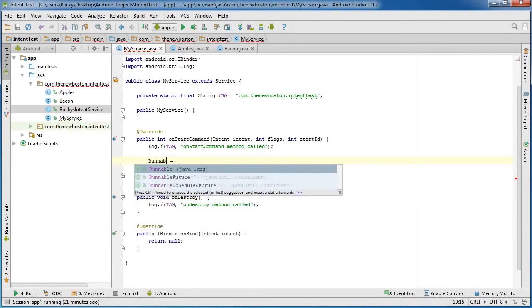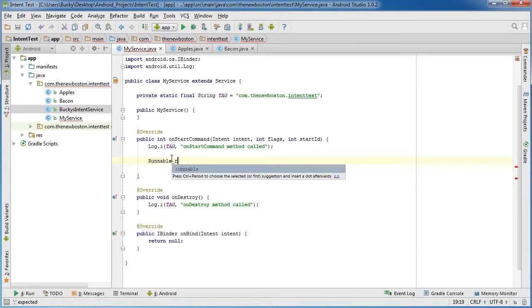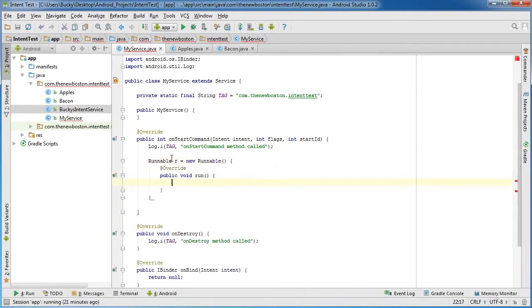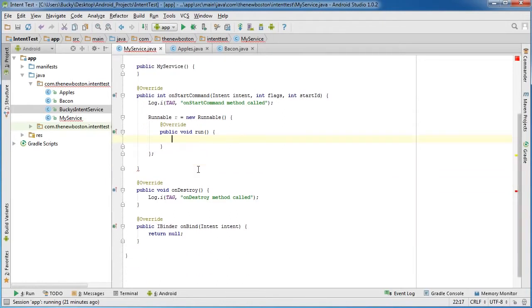So of course we already know how to make threads. Runnable r equals new Runnable, and sweet. So make sure to throw that in there. Now of course in run is what you want to do. So all I'm going to do for this little example is make a loop,